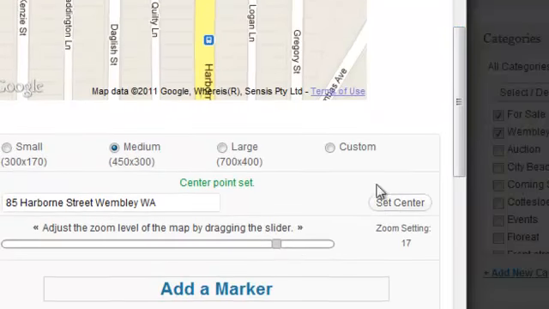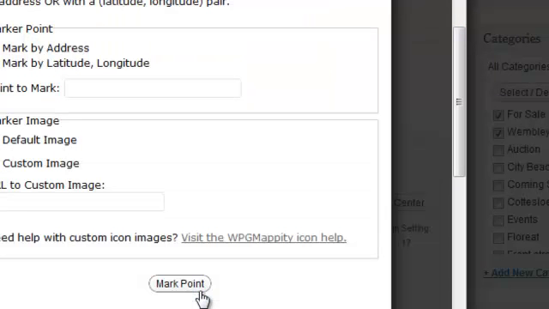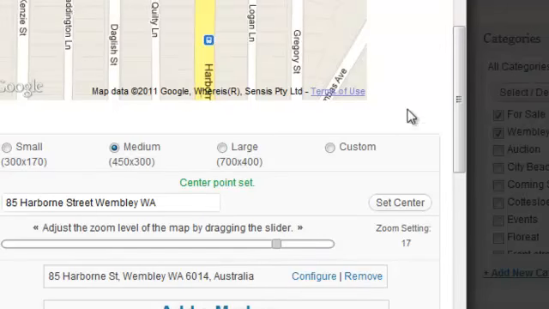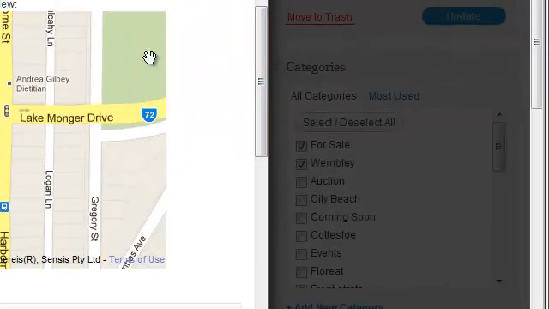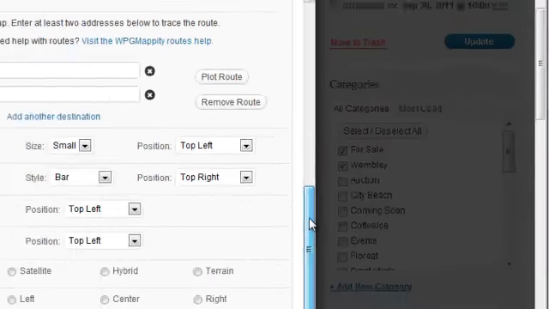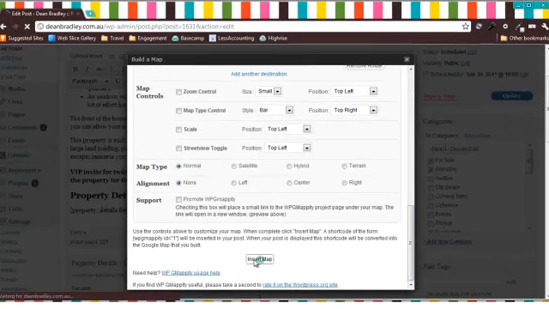Now we need to add a marker, so you just need to click on the add a marker. Then you just need to add in the 85 Harborne Street, Wembley, WA again, just so it adds a point. Then you press mark point, and so it's now added a little pointer onto where the property is on the street. And then you just need to scroll down and press insert map,